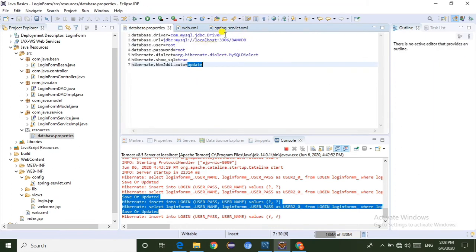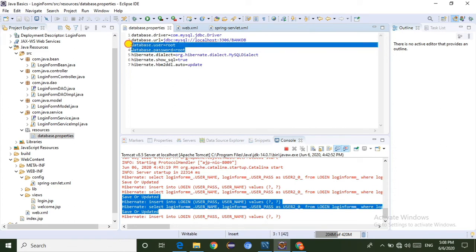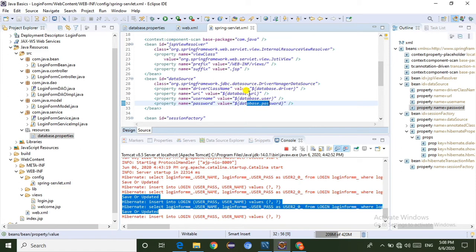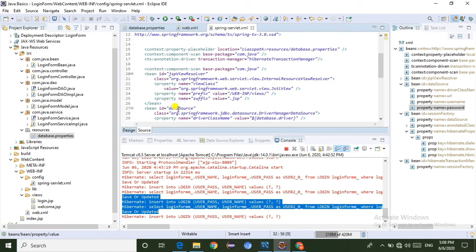Here we can see the SQL driver, the URL of the MySQL database, the username of the MySQL database, and the password of the MySQL database. So this data source contains all the database related properties.